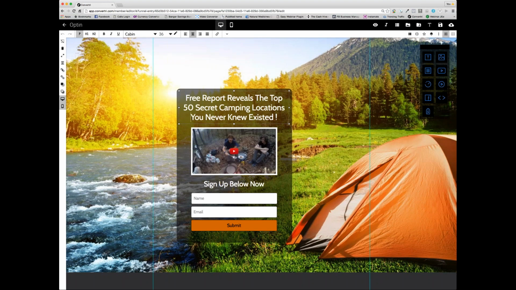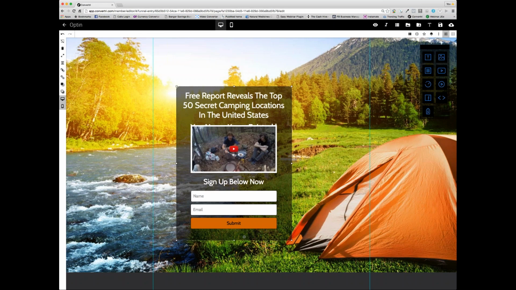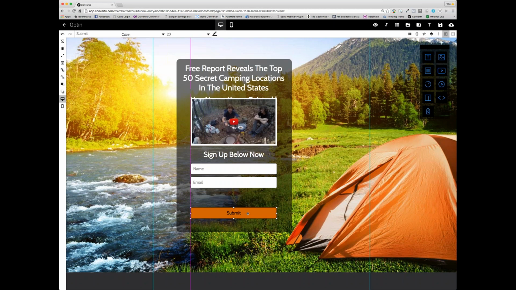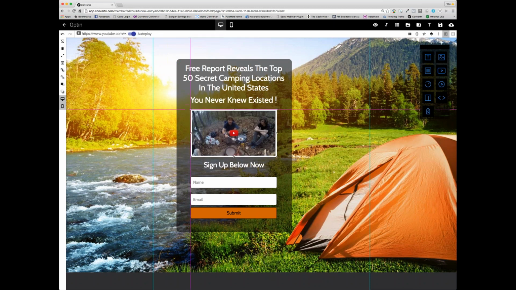reveals, you know, you could do something like, in the United States. See if that works better. Maybe that would work a little better for you. We can make that move up there because we're going to have to make this a little longer. We need to move these down slightly because the headline got bigger. There. Okay, and then we can just save that,